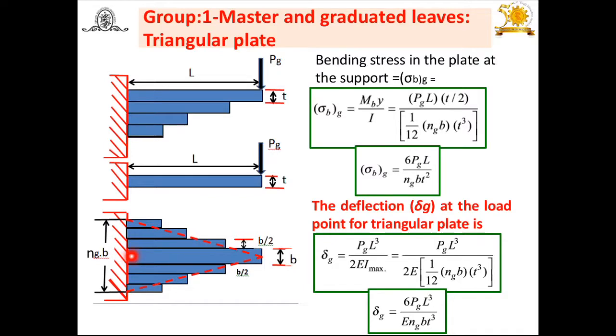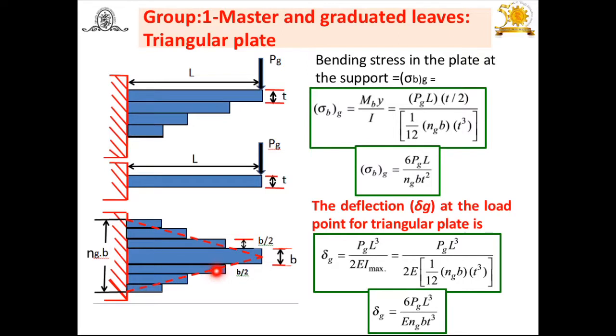And that's why you will get here, look at this, at the middle the width is B, but after cutting the graduated leaf here B by 2 and this B by 2, the length is the same. Then another leaf, this is graduated, again here this is B by 2, this is B by 2, length is the same. In this way the arrangement is made. Then here you will get NG into B as the width at the place where it is at its widest, to the end. When the arrangement is made in this way for the master leaf and the graduated leaves, by dividing the width longitudinally, you will get the triangular shape.